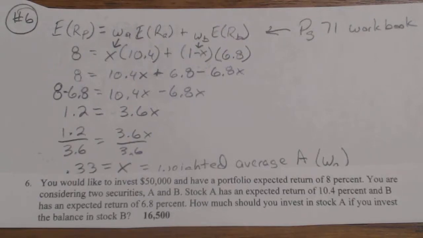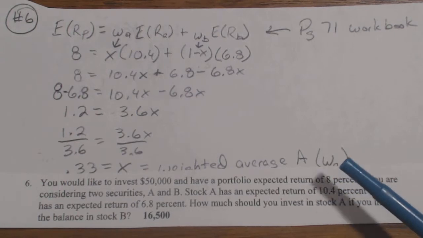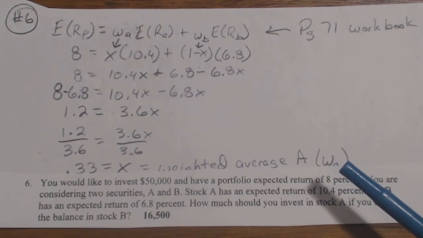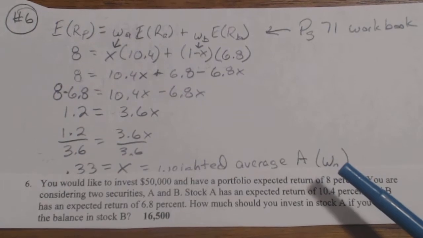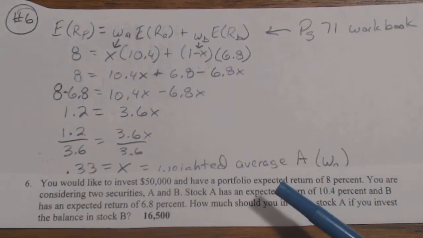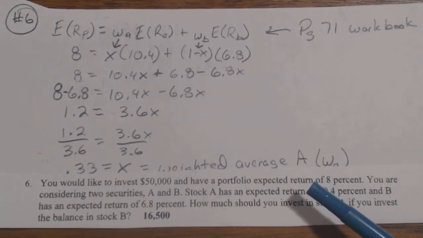Okay, this is page 80, problem number 6. They just put a little bit of a twist to this. So it says you would like to invest $50,000 and have a portfolio expected return of 8%. So this is where you're trying to get a return of 8%. Before, they told you the return on the couple stocks and that gave you a return on your portfolio. This is an expected return on the portfolio of 8%, where you're trying to put together a portfolio where you